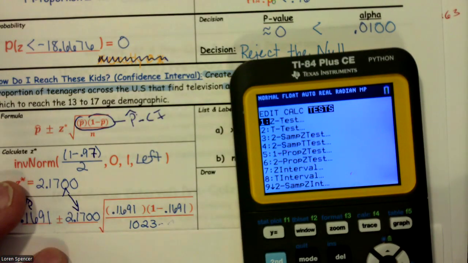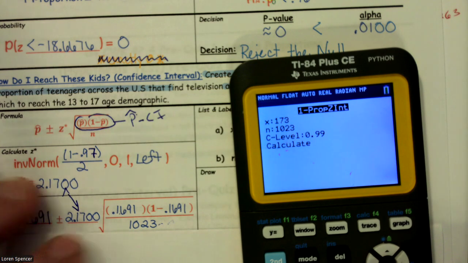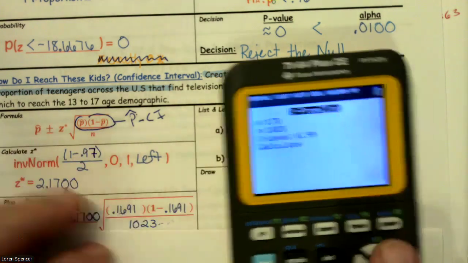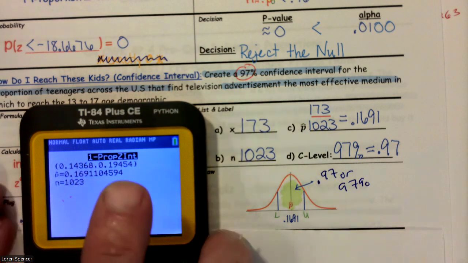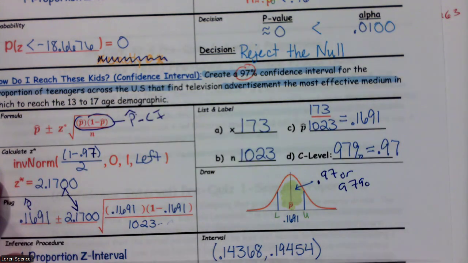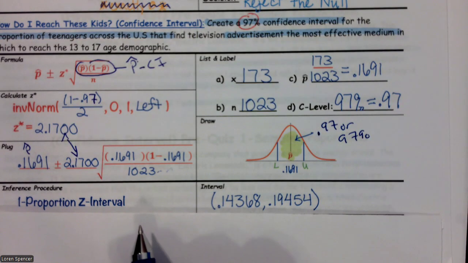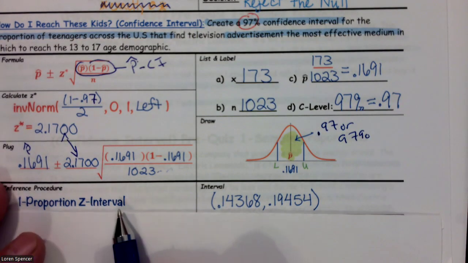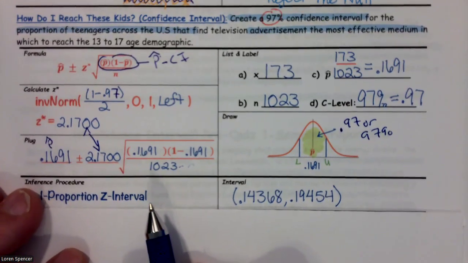So stat, test, we have to drop all the way down to letter A, one proportion z interval. There's our x of 173, our n of 1023, and we need to change that confidence level to 0.97. And we get 0.1436 to 0.1954, and the name of the test is a one proportion z interval. All right,